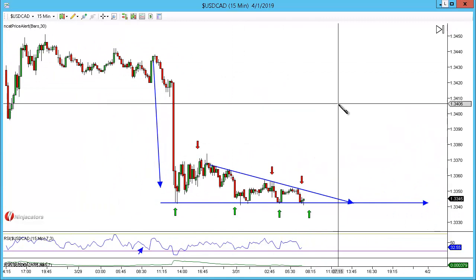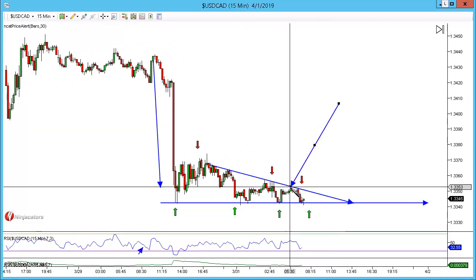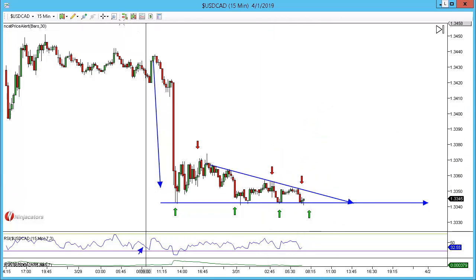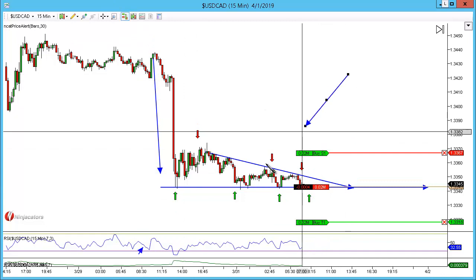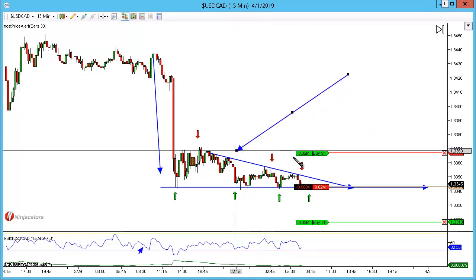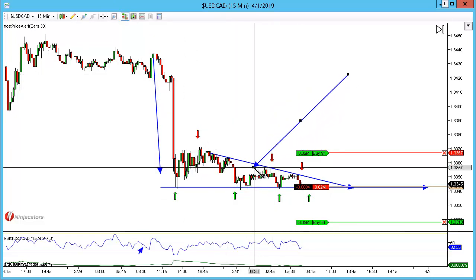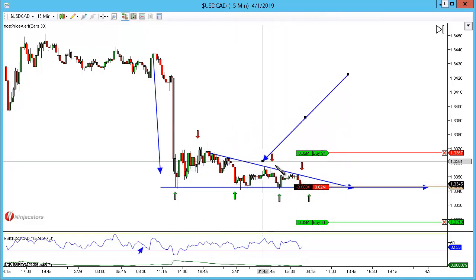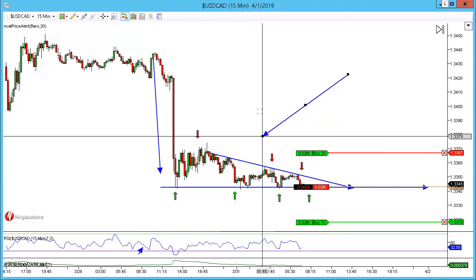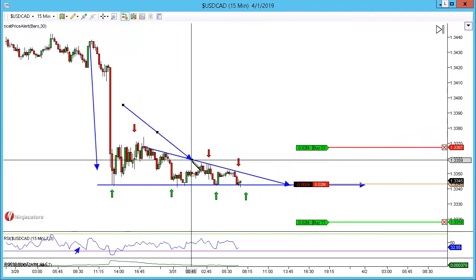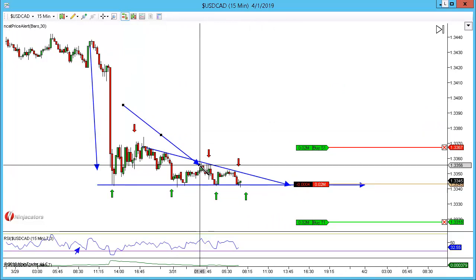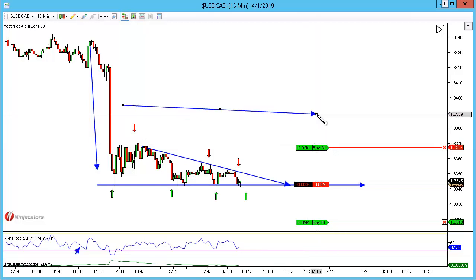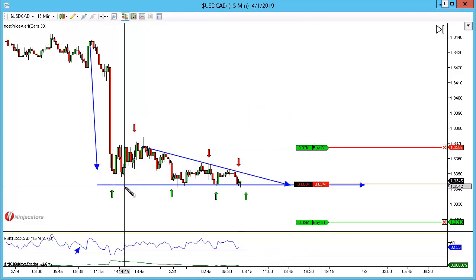Now, because I've not got an entry reason up here like a double top or a head and shoulders, a safe place to put my stop, what I do is I put it behind the middle test. On a trade this size where we've got at least 3 tests on either side, typically we don't see the middle test violated. So I've gone more than an ATR, sorry, I've gone 2 ATRs behind this level, so I've actually gone 10 pips behind it, just to give myself plenty of breathing room,